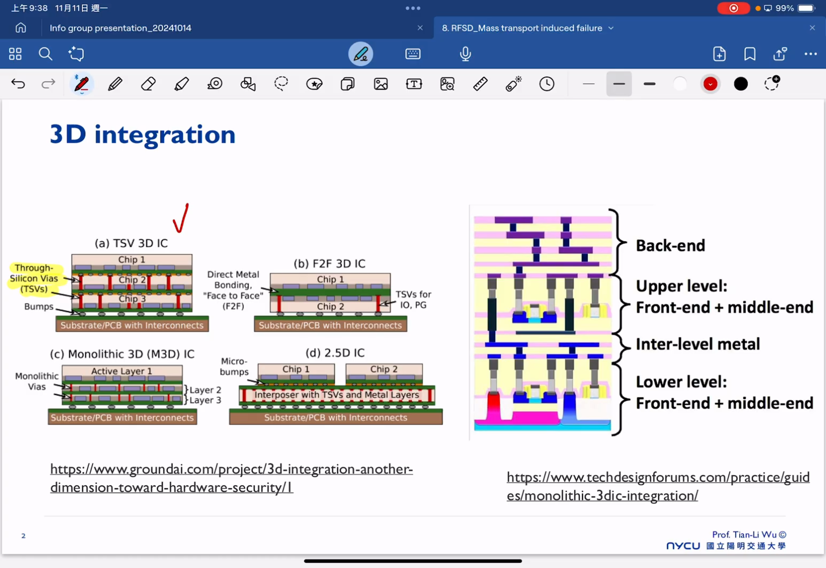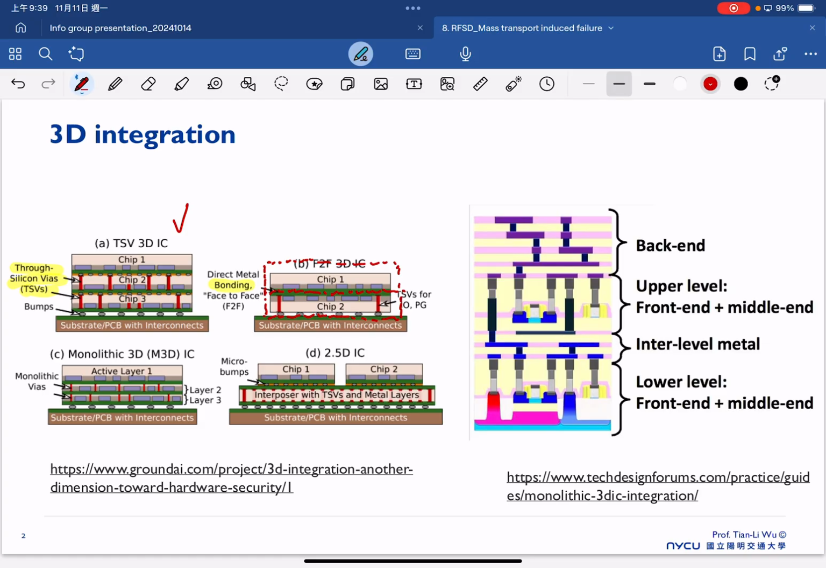The first one is the TSV 3D IC, and the second one is the face-to-face 3D IC. That's mainly based on bonding. We have two chips, and we try to bond these two chips directly. Here we have chip 1. Once we finish the fabrication for chip 1 and chip 2, we turn one chip upside down and use bonding to connect it with the other chip. That's what we call the face-to-face